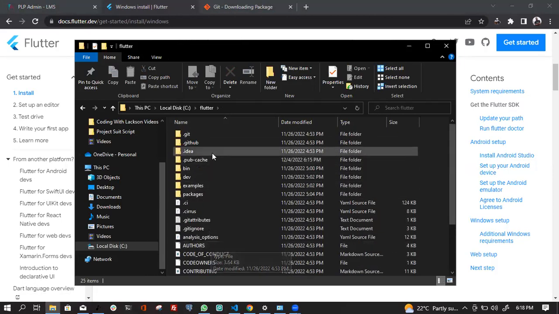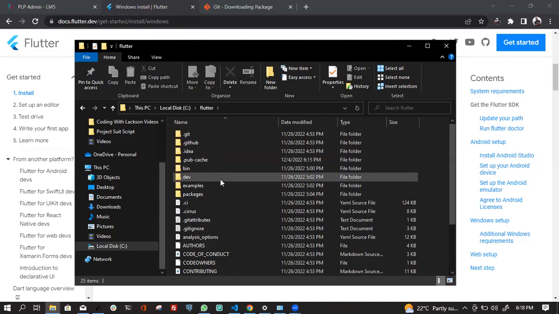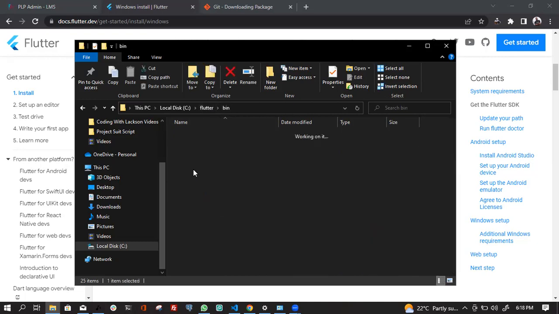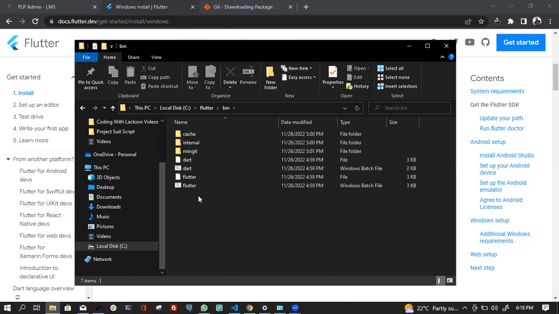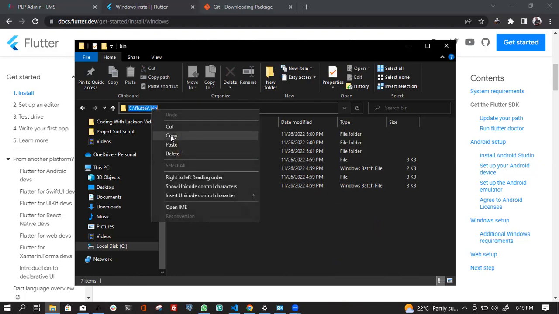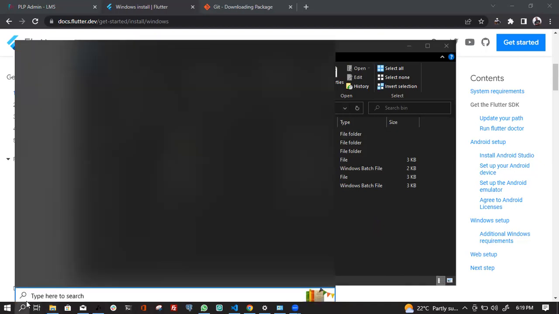The next thing you have to do is make sure this Flutter SDK is available in your path environment, so that you can easily use the Flutter commands when you're in your terminal or console. First, open the Flutter folder, then go to bin, and copy the directory, as you can see here. It's in drive C, folder Flutter, and bin. You copy this, then you search for